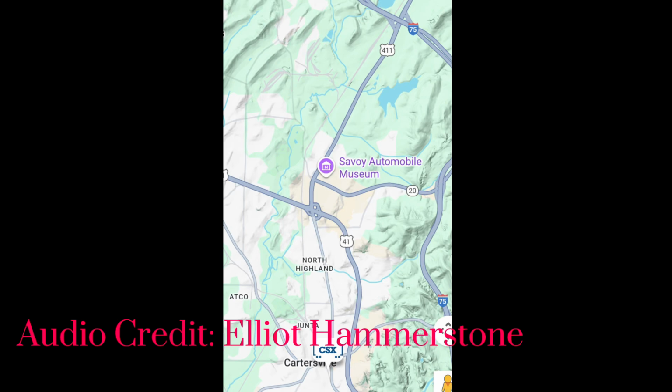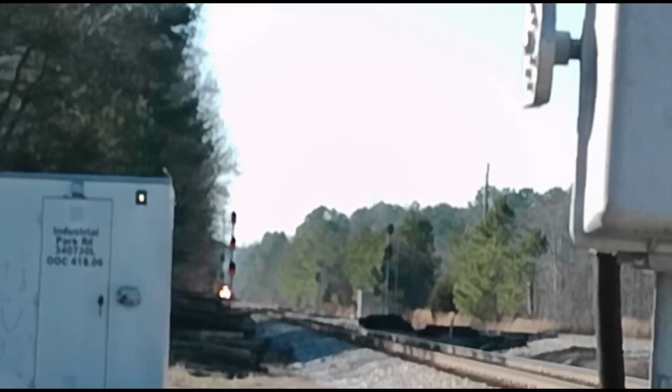No defects. And now here's a photograph I took on my camera device positioned back in Cartersville at the exact location, milepost 418.06 at the Industrial Park Road Northeast Railroad crossing. Close by, you can observe CSX's Wyvern Yard, situated on the CSX Etowah subdivision. Moreover, both of the signals for southbound trains were set to red, indicating a danger signal, which means E309